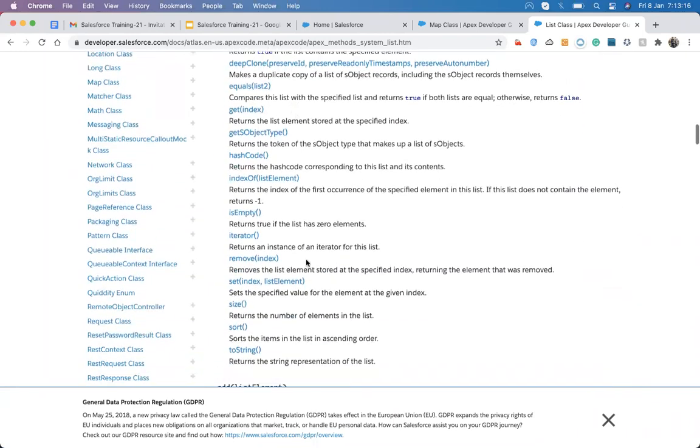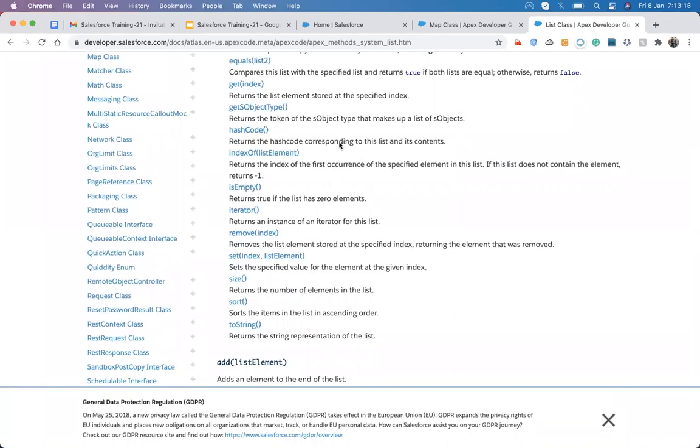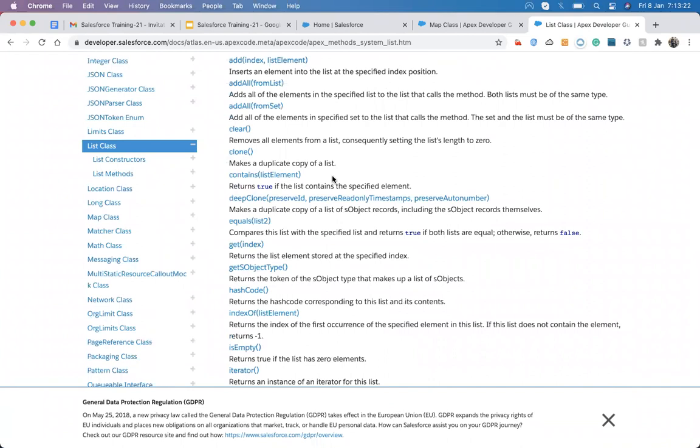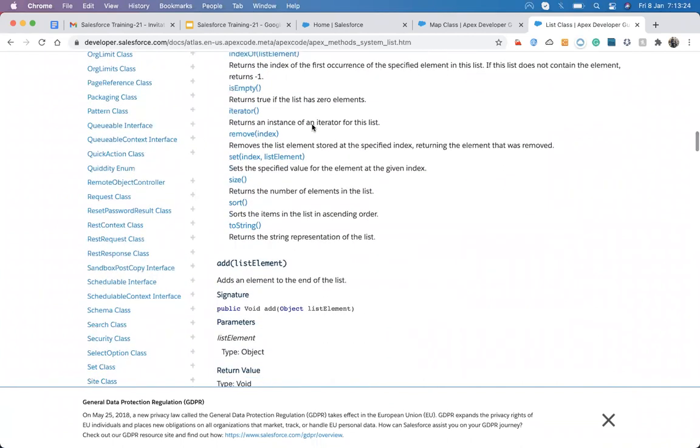Maybe you will find a method that you can use directly, without any issue.